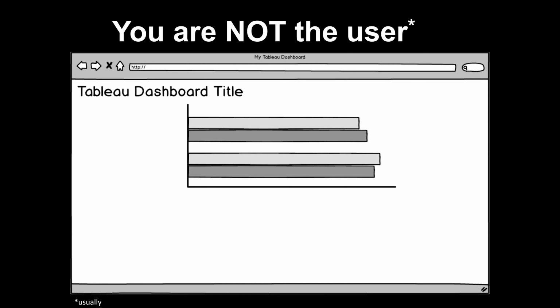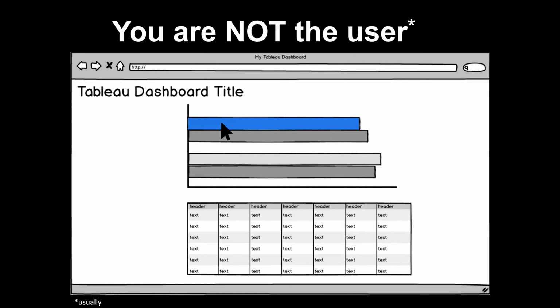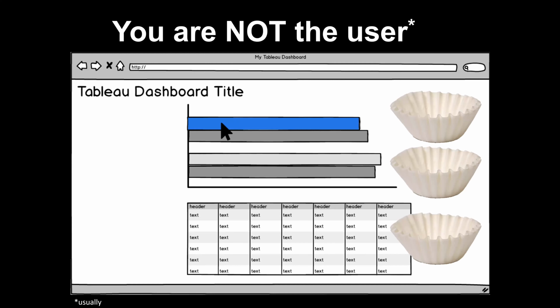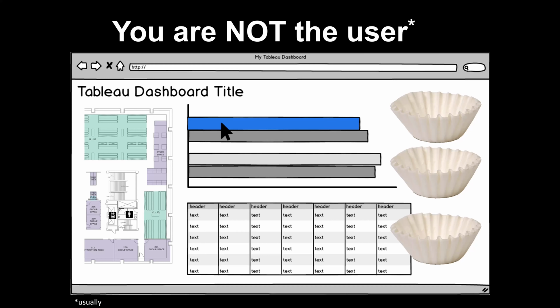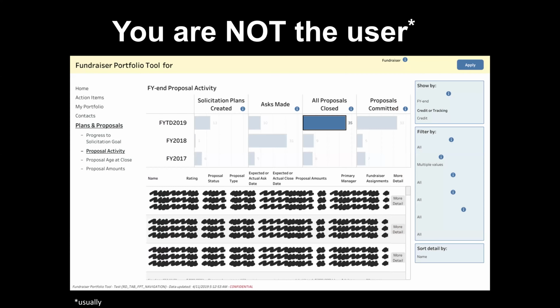And while we were having these conversations about traffic light colors, all I could think about was, well, why can't we apply usability testing to this? It works on websites, it works on physical spaces, it works on physical products like coffee makers. Why not try it? Tableau dashboards are web-based, at least when you put them on the server. They're interactive tools with buttons, and they have filters, just like coffee makers. And sometimes they need a little bit of navigation help, just like a library space. And look, it's a Tableau dashboard.